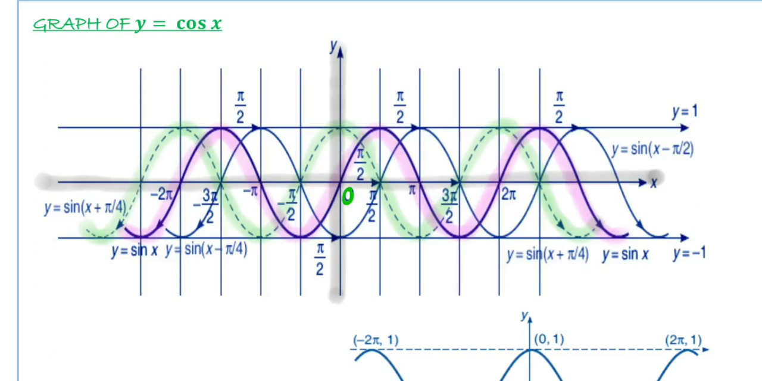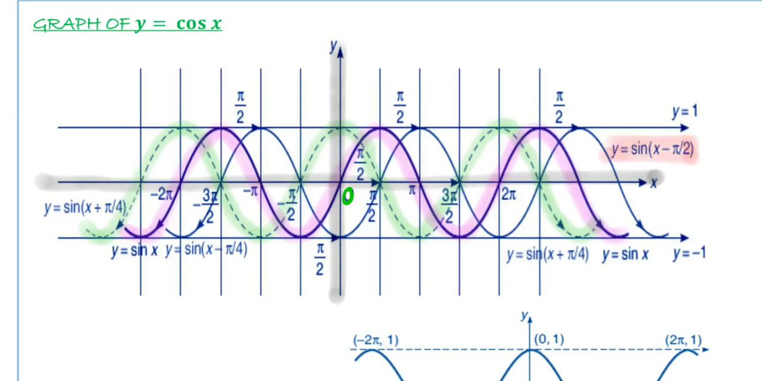If we are drawing the graph for sine of x plus pi by 4, we have to shift this whole graph by pi by 4 units towards the left, and if we are drawing the graph for sine of x minus pi by 4, we have to shift the graph to the right-hand side. Next, the third case we are talking about: if we plot the graph of y is equal to sine of